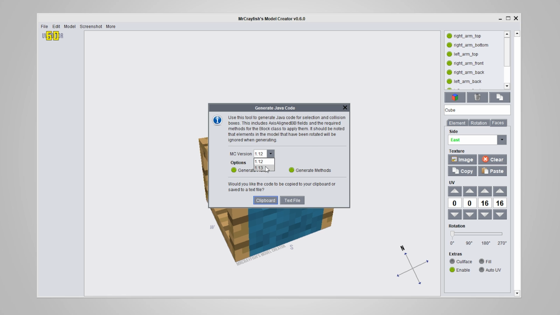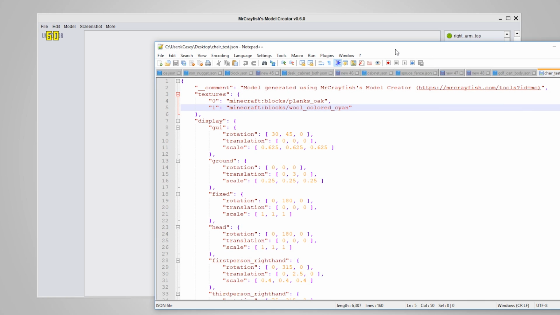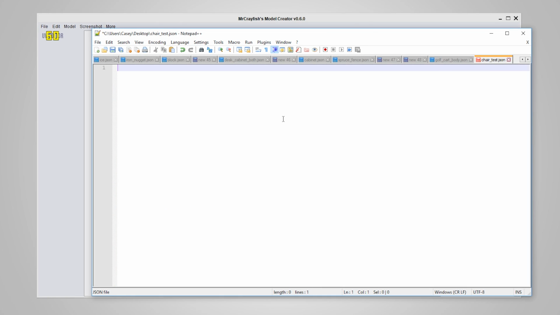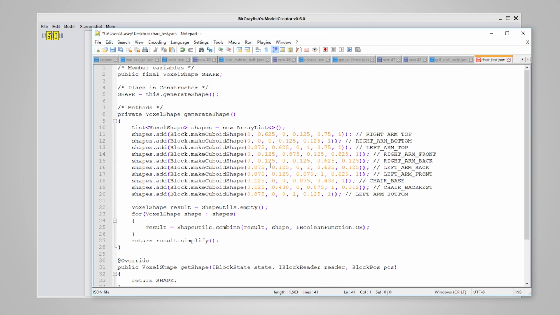So you can select it for 1.12 or 1.13 because the code is actually different between these two versions. So let's just do 1.13. We're going to generate the fields, we're going to generate the methods, we're going to copy this to the clipboard, and then we're going to go back here, delete that, and paste it in here, and it's given you all the code you need